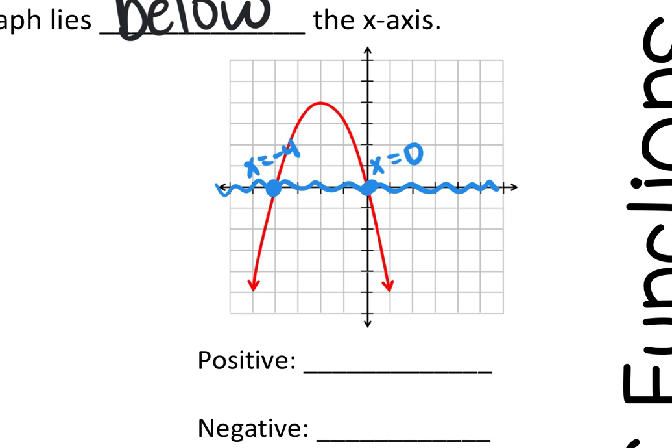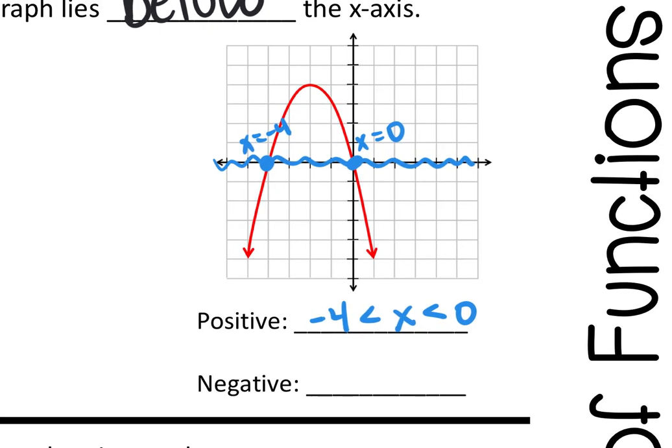So we're going to write that like a compound inequality. So from -4 to 0, that's where it's above the x-axis. So wherever -4 is less than x, but x is less than 0. So in between -4 and 0 is where that graph was positive, because it's where that graph was above the x-axis. All right? Now, it's below in 2 different places,